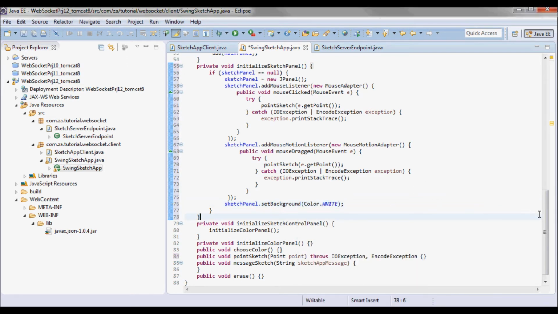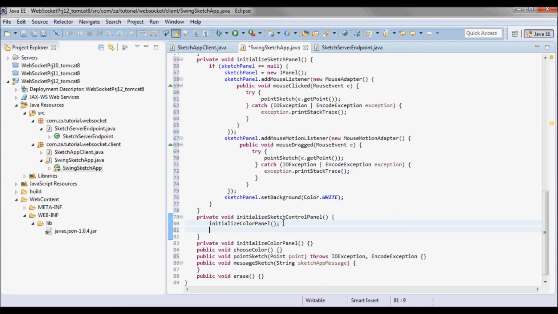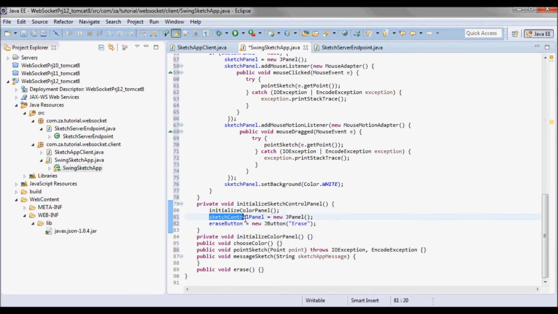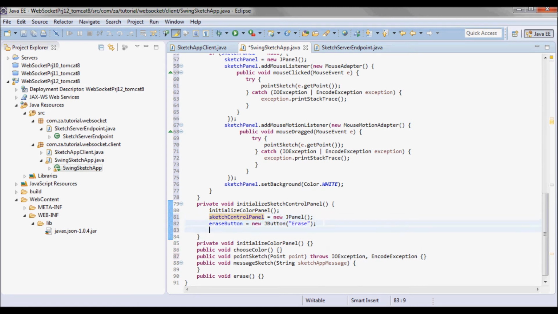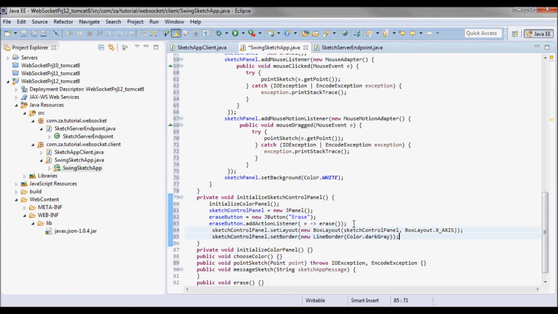Now going to initialize the sketch control panel. So after initializing the color panel, I'll instantiate a JPanel as the sketch control panel, and a JButton as the erase button. And when that button is clicked, the erase method will be called, and I will set the layout and the border.